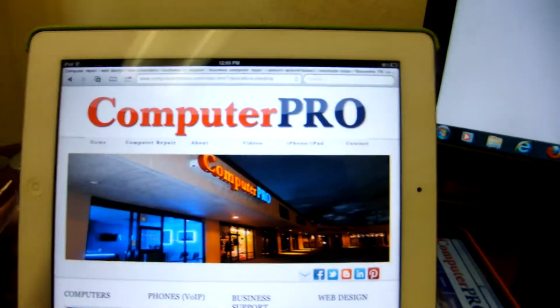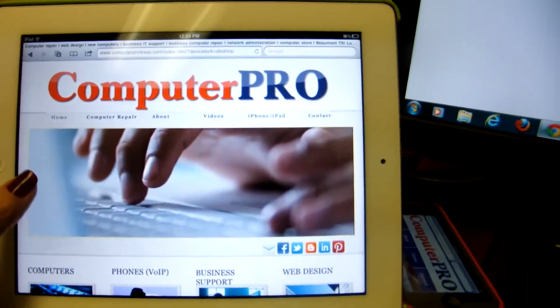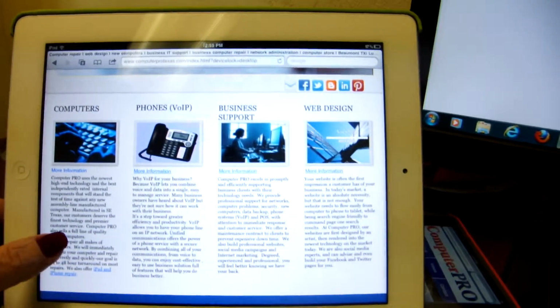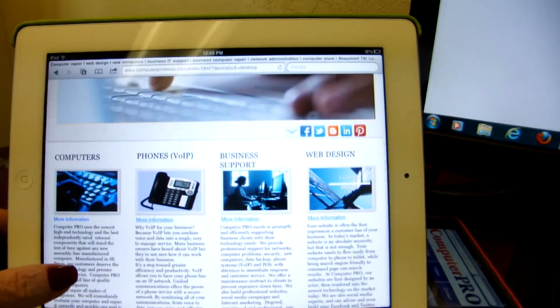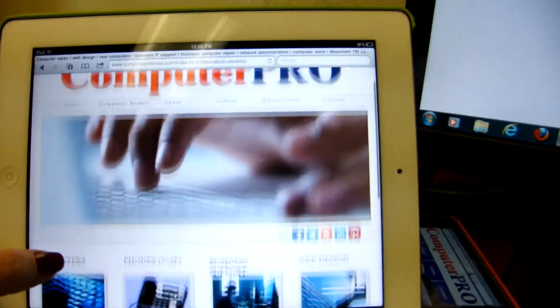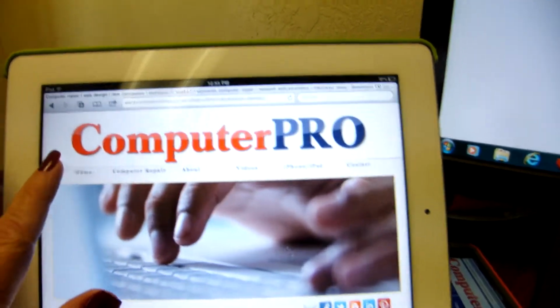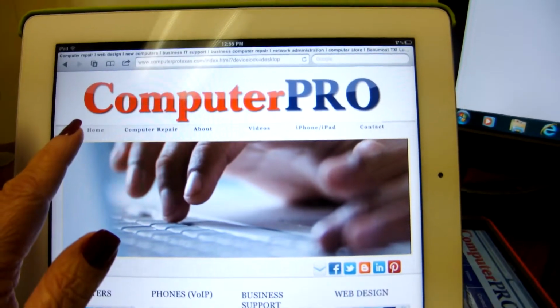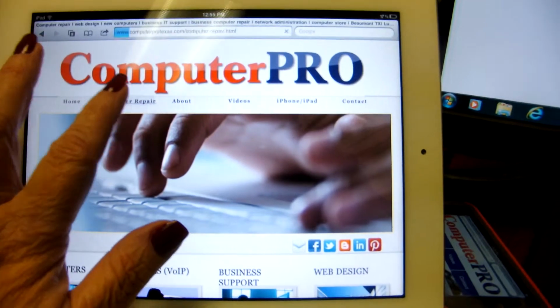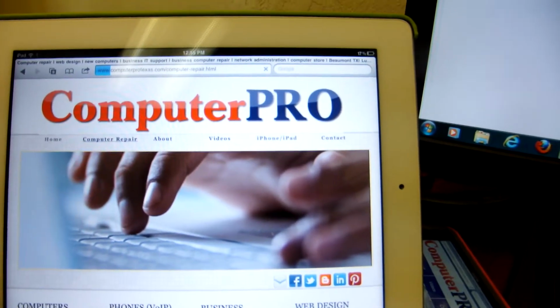Okay, so there's our regular website, which, as you can see, the text is going to look smaller. It's going to be a lot more difficult to read, although it is, of course, readable. There's the navigation at the top. It is a little bit more difficult to get around. If you were to go into, let's say, for example, this section right here, you are going to have